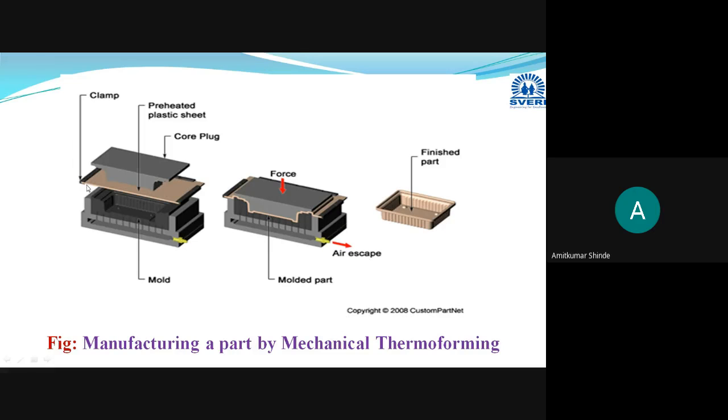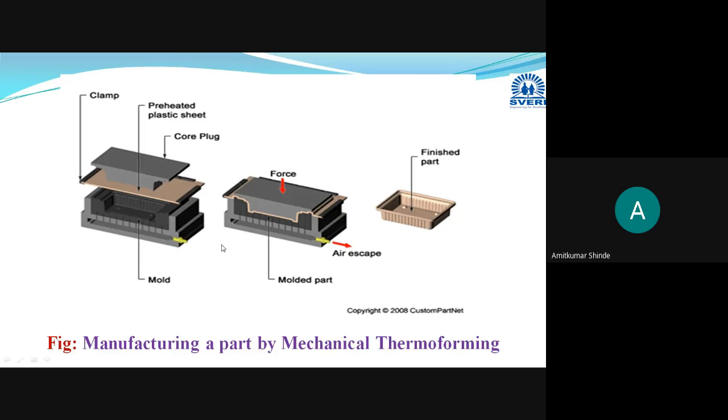Now, the same stages are there. This is your mold, or you can say the mold cavity. In this clamp, the thermoplastic sheet is first collected and held, and it is heated with the help of some heaters. With the help of one plug, or you can say punch or plunger, the pressure is applied in a downward direction. Due to heating, it is already soft in nature, so it is pressed against the mold walls to acquire the desired shape. And after sufficient cooling, the final product is obtained by removing the